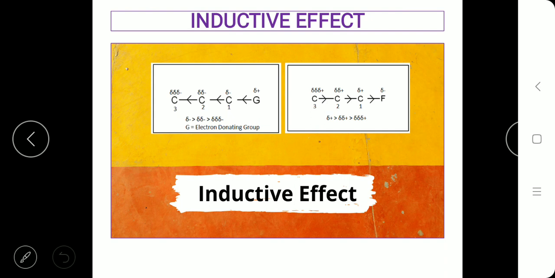So here also more electrons are taken away from C1 towards the fluorine, whereas from C2 and C3 the effect is weakening. At C3 we see a very slight movement of electrons, at C2 it is considerably moderate, and at C1 it's the maximum effect which is felt, that is the minus I effect. That means fluorine is trying to take away the electrons adjacent to C1 more compared to C2 and C3.